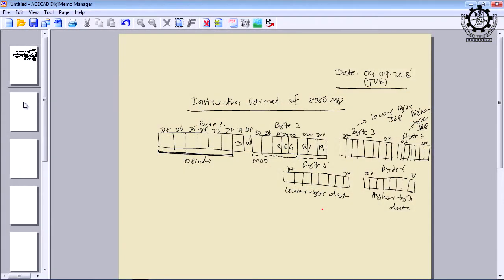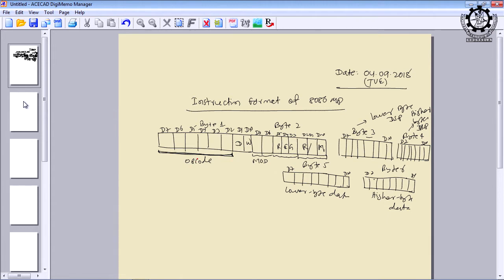Is it okay? Now, whenever you write a 6 byte instruction, what are the fields, or what is the bit position of each instruction? What is the meaning of each bit position while finding the corresponding binary code or hex code of that particular instruction? You can see this is byte 1, byte 2, byte 3, byte 4, byte 5, byte 6. This is called the byte encoding scheme. We are encoding the instruction using 6 bytes, and you know that 1 byte is 8 bits, and every bit position has some meaning.